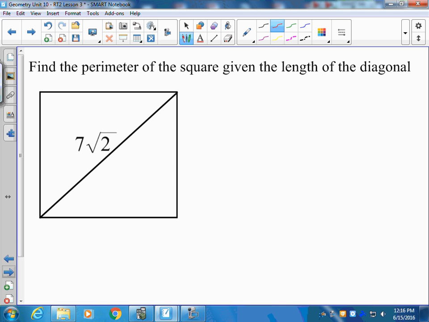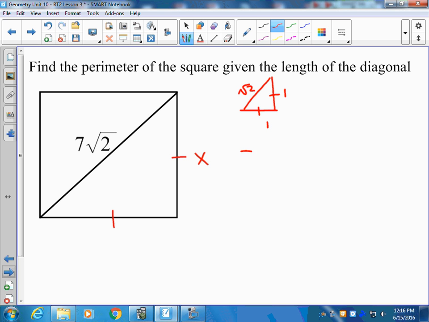Okay, so now we want to find the perimeter of this square given the length of the diagonal. So what we need to do is, we know it's a square, so we know these side lengths are equal. We need to find the value of x. Okay, so what we can do is build our reference triangle 1, 1, square root of 2, set up our